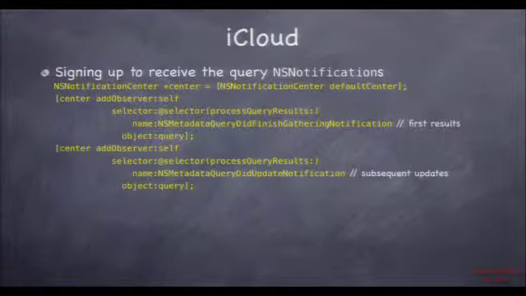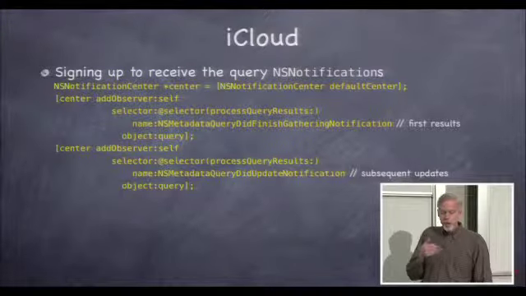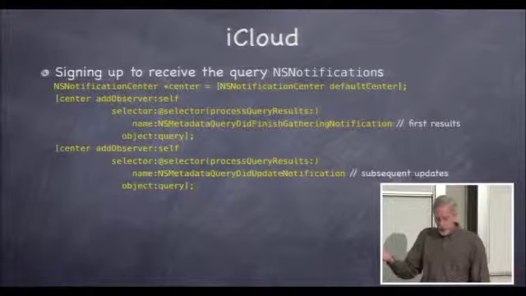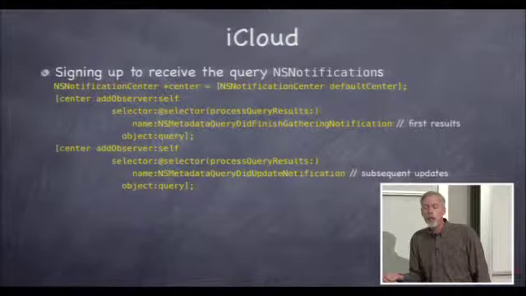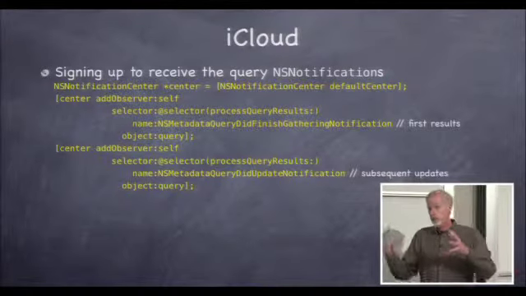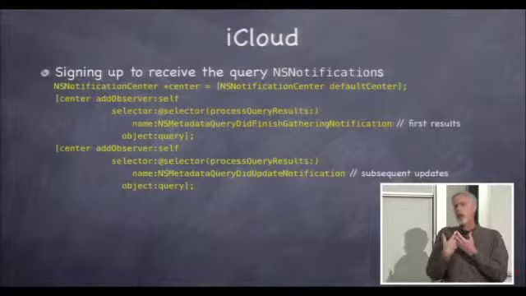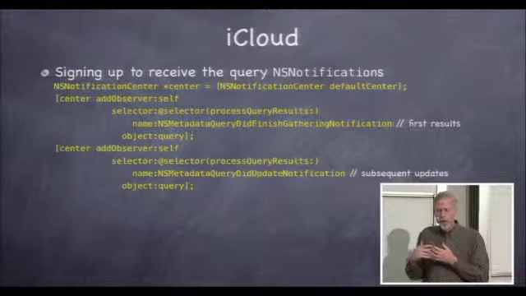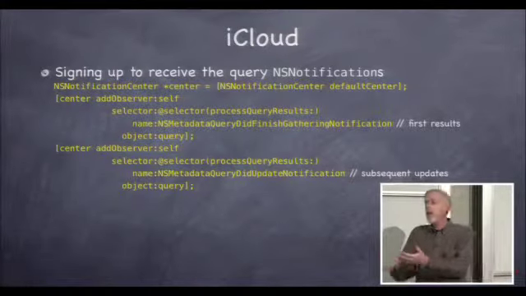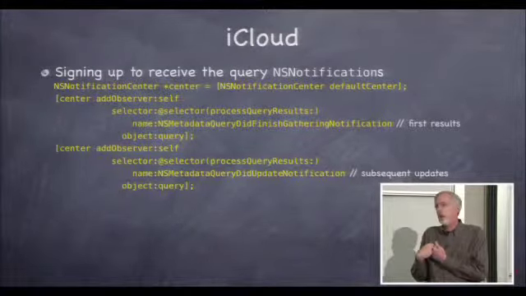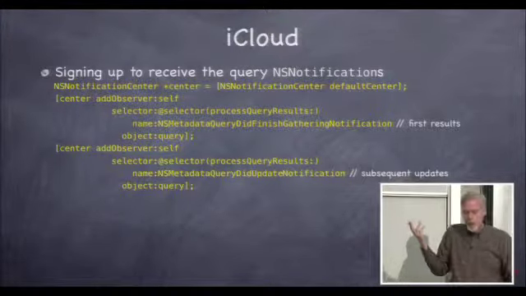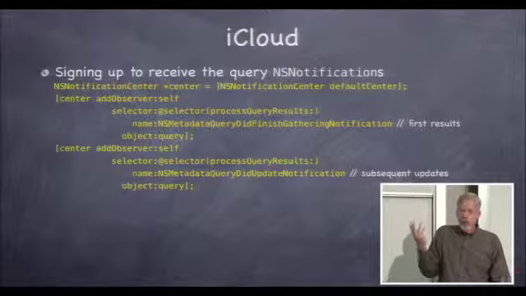So here's what it looks like to sign up to receive the notifications that something has changed. This is Notification Center. Okay, we've already talked about this. We're just going to add an observer to call a certain selector, processQueryResults I called it here. And the two interesting notifications are NSMetadataQueryDidFinishGatheringNotification. That's the notification it sends you when it first gets off to the cloud, gets the first chunk or the first look at what's out there. And then there's NSMetadataQueryDidUpdateNotification, which means something has changed in the cloud since I gathered that original batch. Okay? Now I have these both calling the same selector,